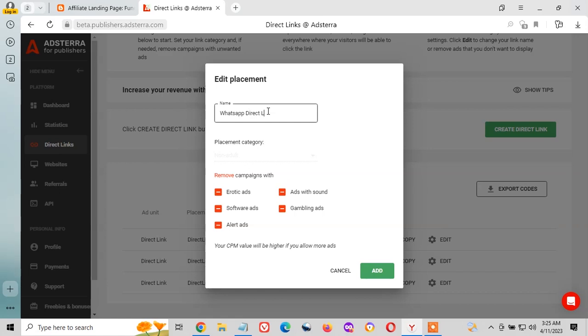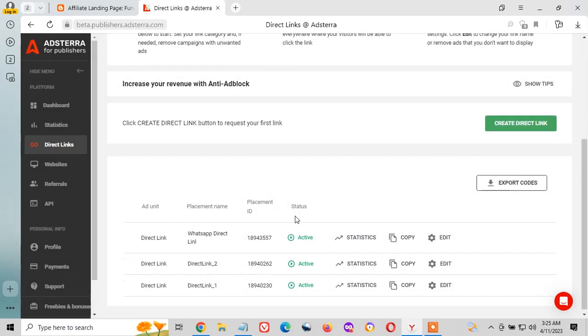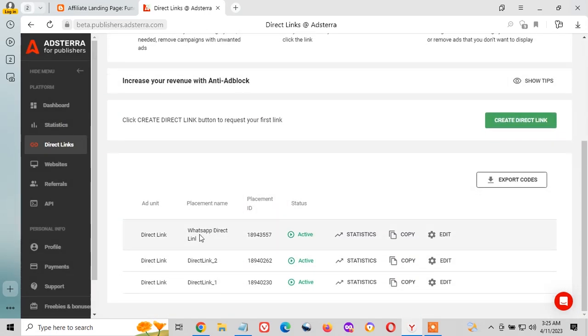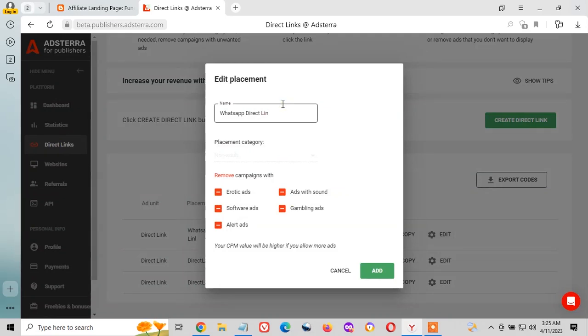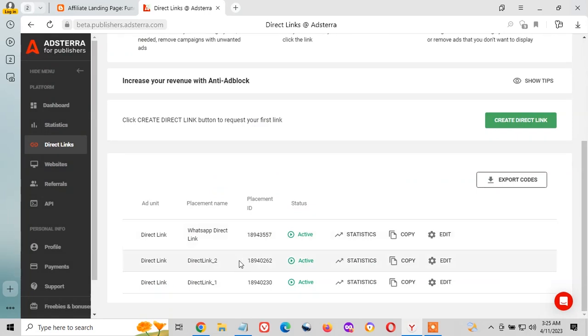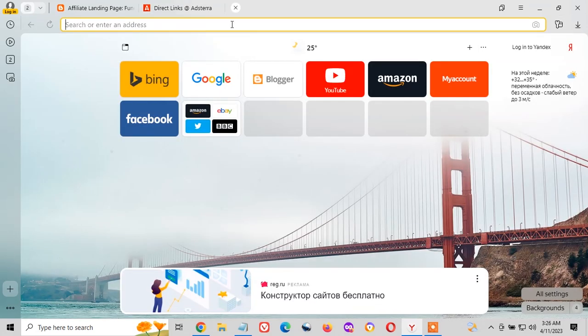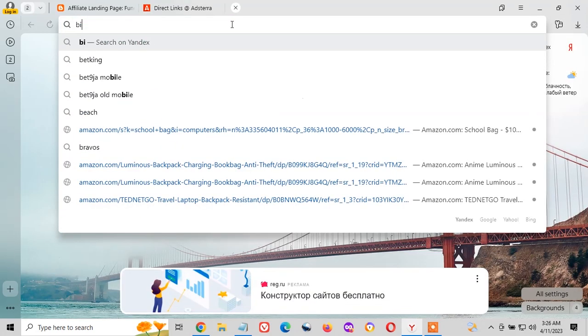Direct link. I'll click on add WhatsApp direct link. I made a mistake. Yeah, WhatsApp direct link. So the next thing you're going to do is we go here, then we go to